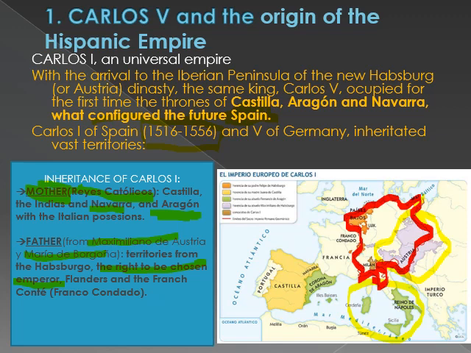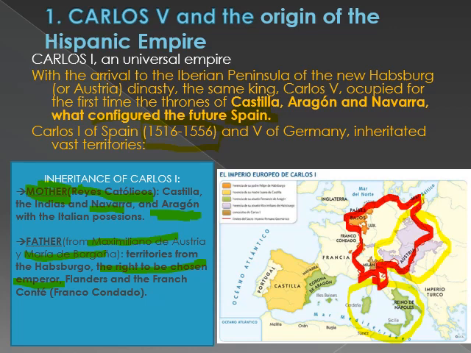It's very fragmented. They are sovereign in these small territories, but the only authority they recognize is the authority of the emperor. But the emperor is not a hereditary position, but it is electable. You have to choose the emperor. But only some princes, some of the German princes, had the right to be chosen emperor. Charles V is going to inherit this right, the right to be chosen emperor.